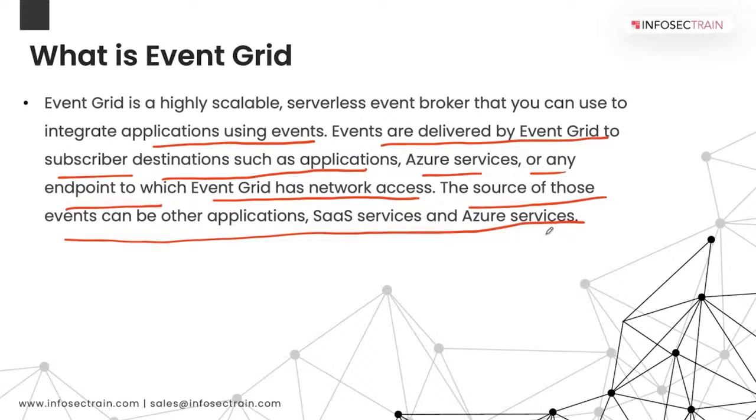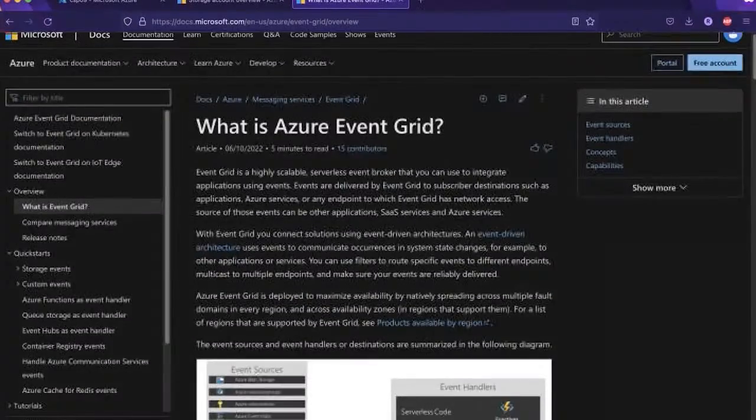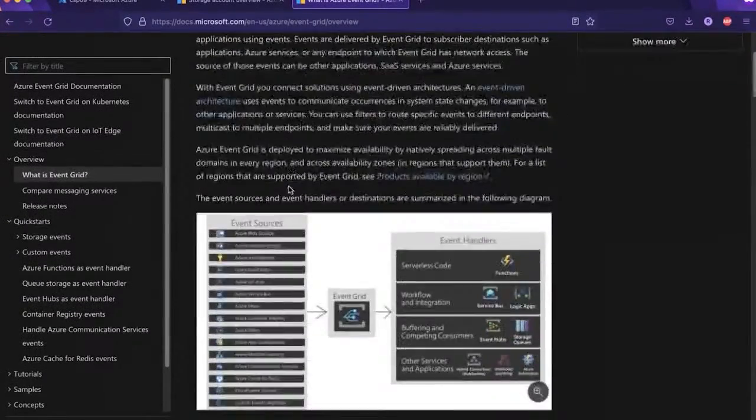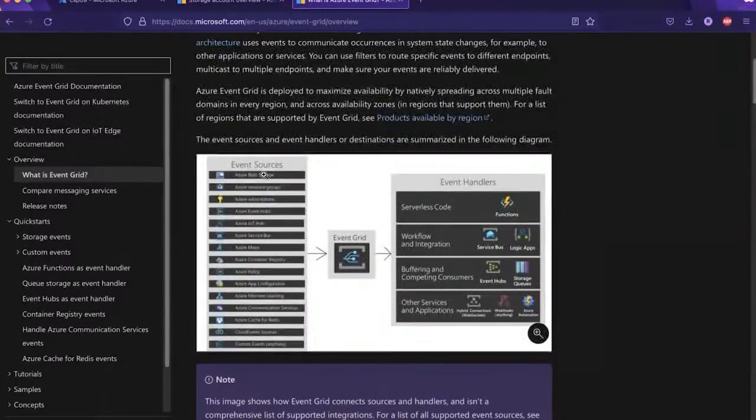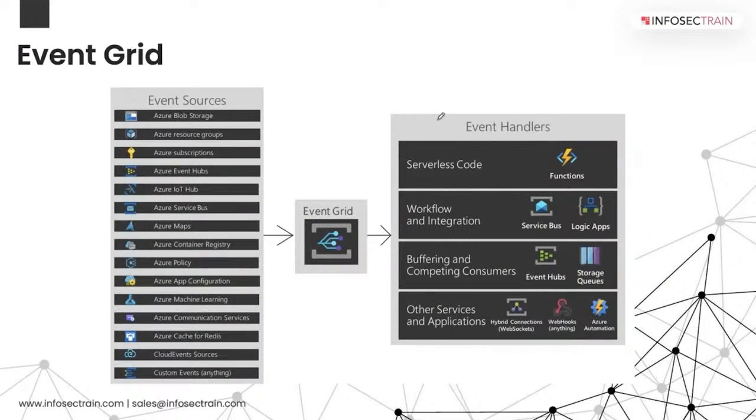So to explain this, there is this diagram. And if someone wants to go ahead and study this, again, you will find the link if you Google what is Event Grid. I think Google is going to show you this page where it is explained what it is, right? There is a source, different event sources are there. And then there is an Event Grid. And then there is going to be the handler, those that will be handling the